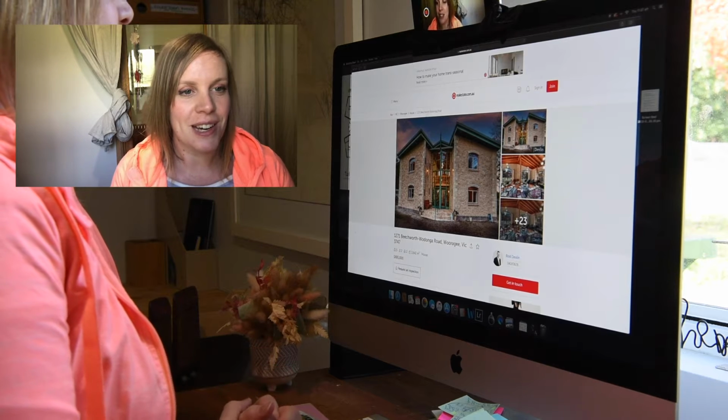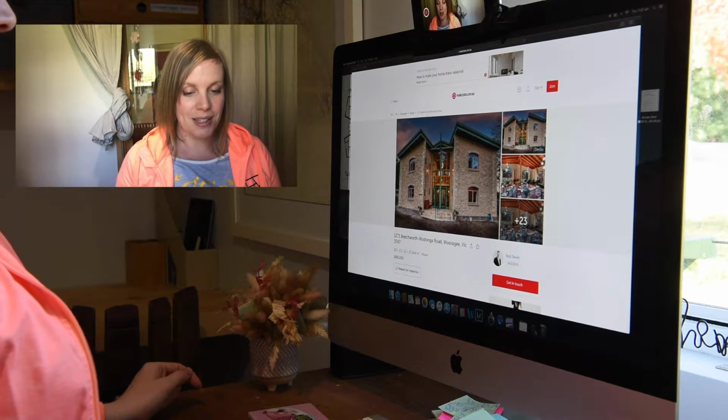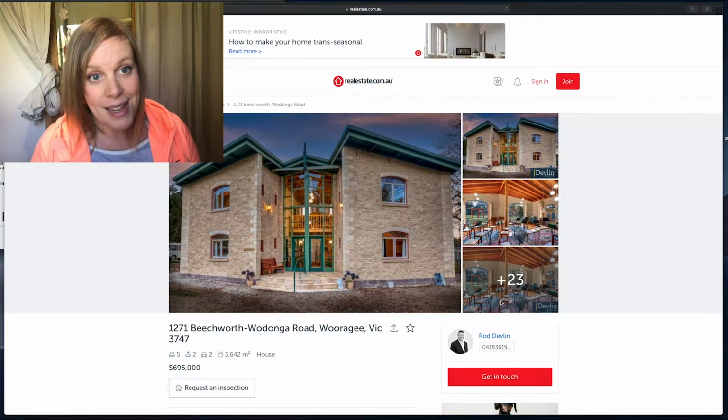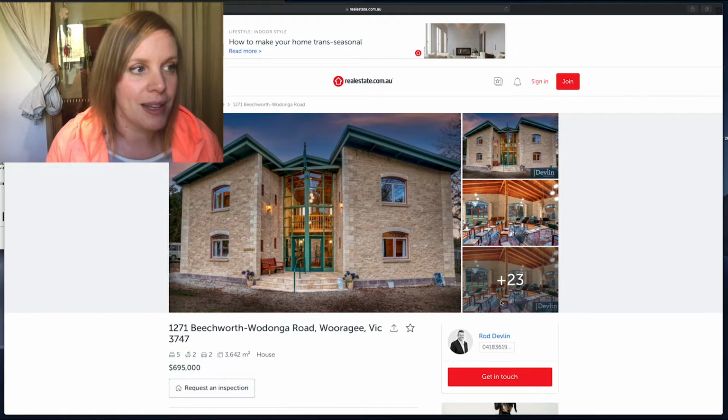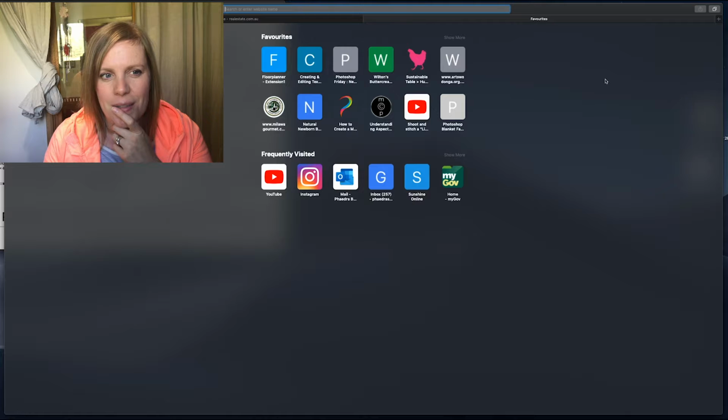I'm back with another real estate review, and this is a house that's close to me. My husband drives past this every day to work. It's on the way to Beechworth. And I recall this being for sale, I don't know how long ago. Let's have a look, because